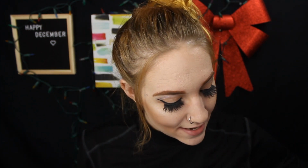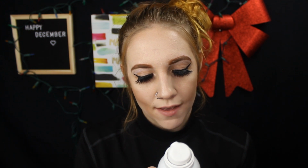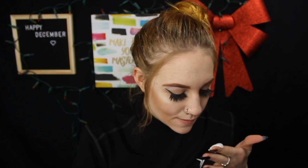So moving on to the next thing. Now we're getting to the bottom of the box. The first thing I see in the bottom is Ritual of Sakura. I'm sorry if I'm saying that wrong. This is a shower gel. Oh my god, this is what it looks like. It looks like shaving cream. So it's a foaming shower gel sensation. In Japan, the annual flower of Sakura has been celebrated for centuries and symbolizes the beauty of life. Make each day feel like a new beginning. Ooh, so that's what it looks like. It smells...